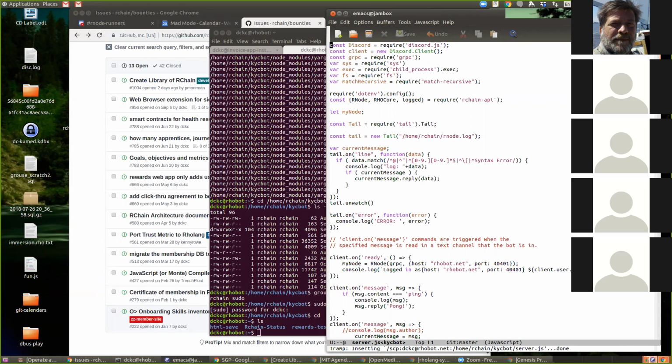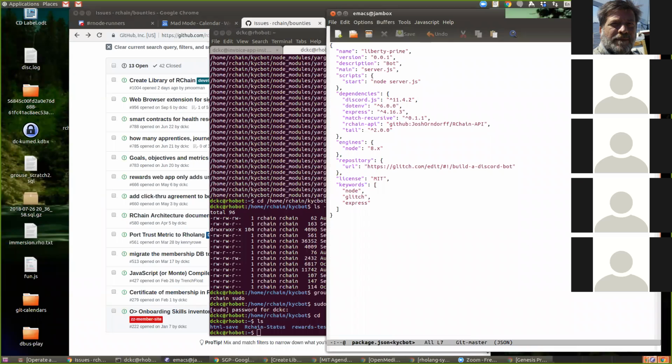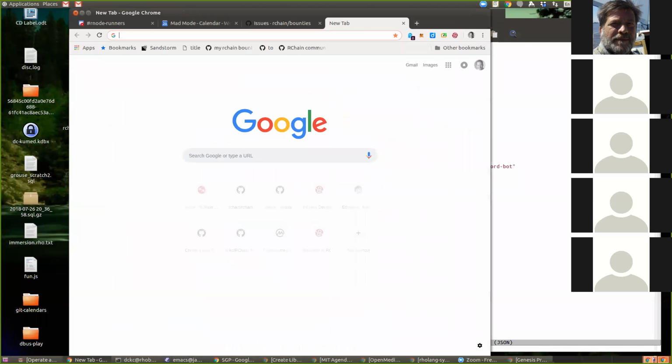No, I'm just getting my head around what's going on here. I just wanted to find out where the thing started. Starts at server.js. Okay, so the RChain API is the right place. We want to do a make install and update that, or I don't know how that works.